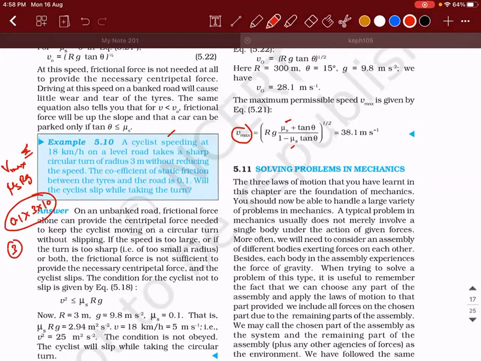Sir, actually, we shouldn't take G as 10, right? You can take it as 9.8. Yes, whatever it is, if it is a close value, then we will think of 9.8. What is the value that is coming? Mu s is 0.1, R is 3, sir. So it should be about 3, right? But here he's turning with a speed of 5 meters per second. What should have been the maximum speed with which he should take a turn? It is only 3 meters per second. So he will definitely skid.